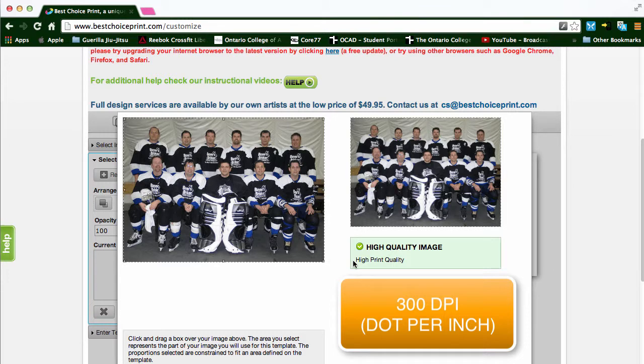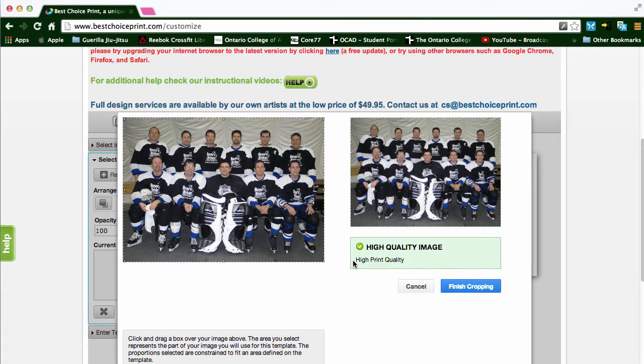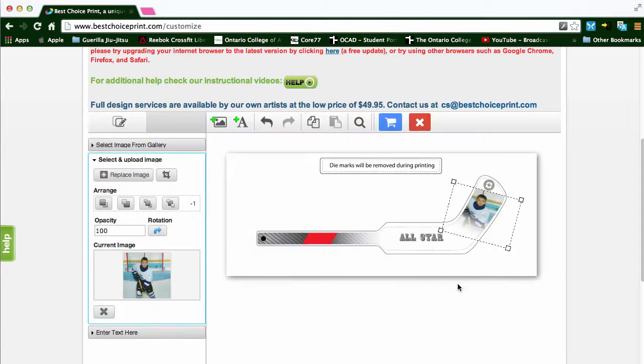So dpi stands for dots per inch. So the more dots you have within an inch, the better quality image that will be printed. Any lower than that, you run into the risk of having very fuzzy or pixelated images. So again, a note, for really crisp and nice looking images, we want images to be 300 dpi or more. Let's hit Finish Cropping here and let the